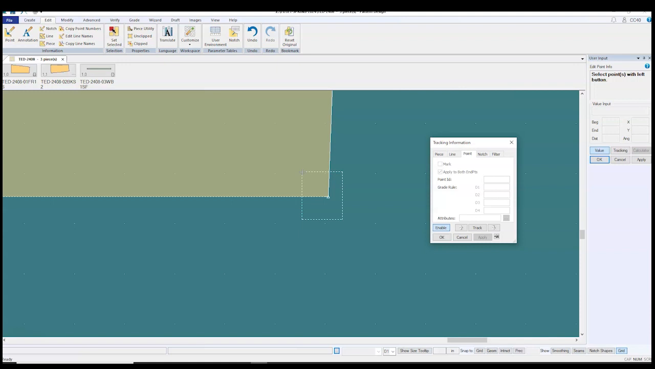So when you click the point, you may be only selecting one end of this line, not the end of this line. So that's why we use the marquee, so that you're making sure you're selecting both endpoints. So select. Once it's highlighted, in the D1 box, the grade rule D1 box, you enter